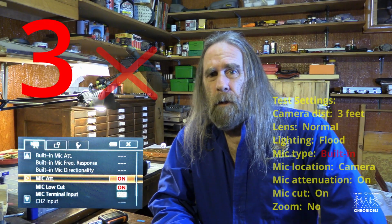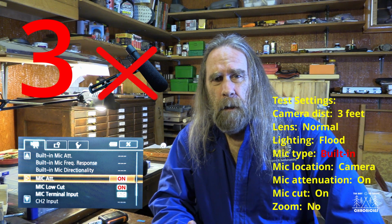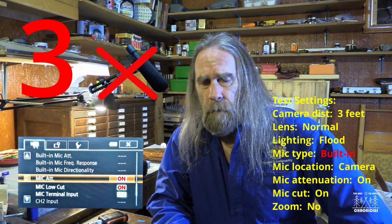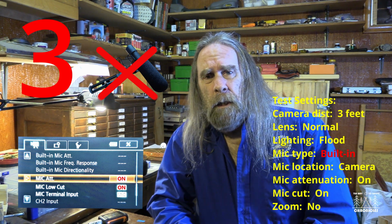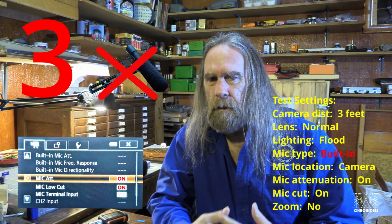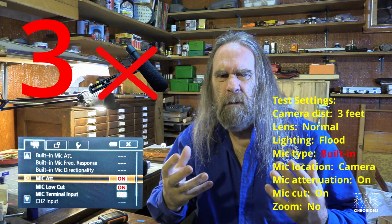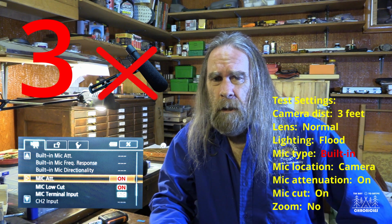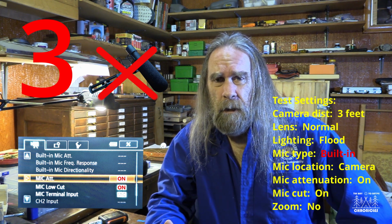Okay, now here we are with the same basic camera setup, except that now the external microphone is the condenser microphone. It's not connected to the camera at all, and we're just using the mic that's built into the camera, which I think, from my past test, gives a bit more of an echoey sound to it, and not as nice as the external microphone, even though the external microphone I'm using is a pretty cheap one,